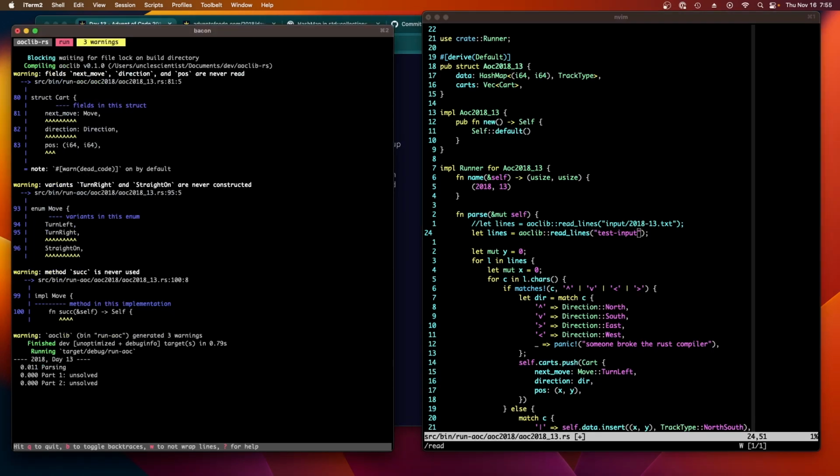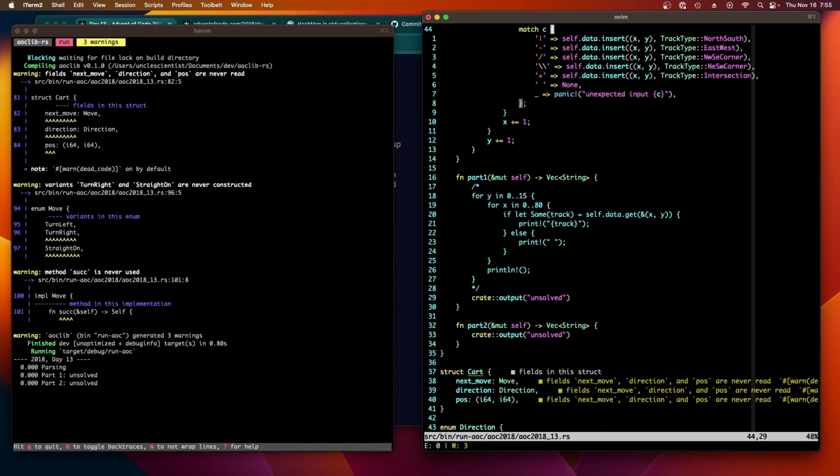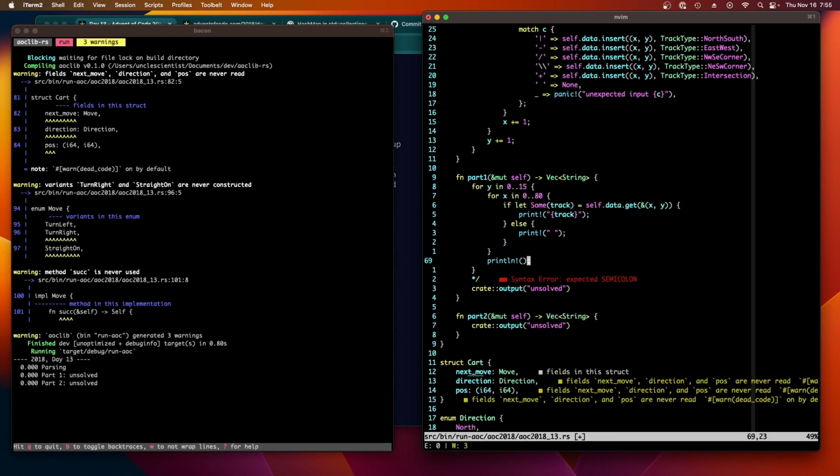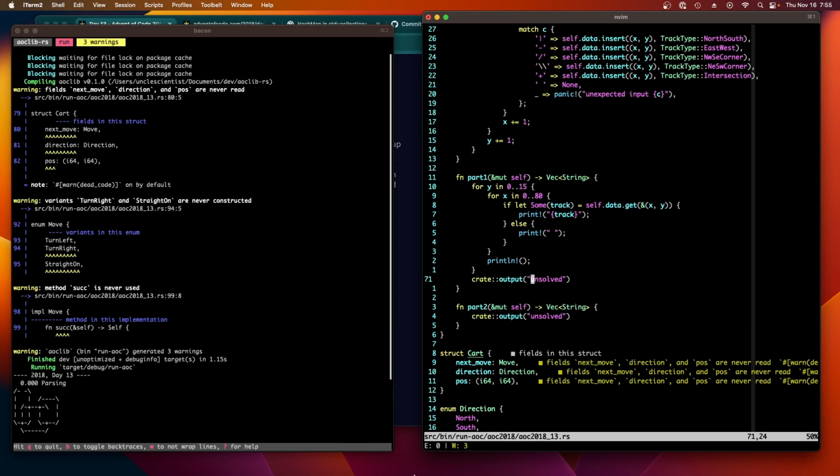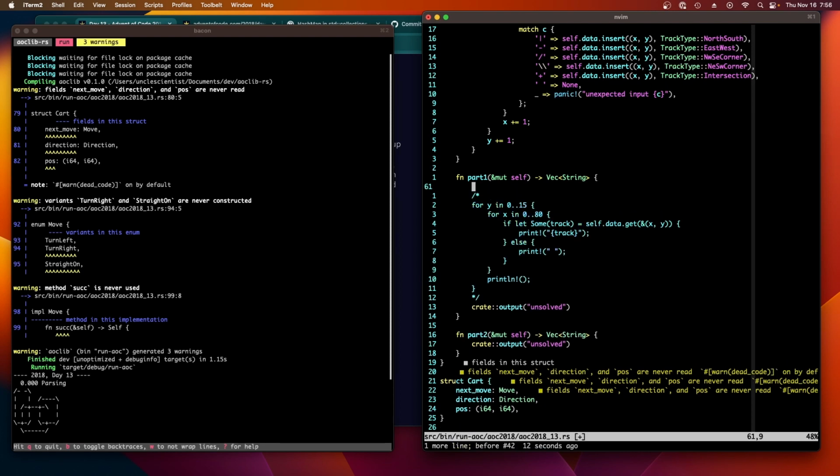And then we're going to just run it real quick just to make sure we have the test input. Oh, I commented out the code that dumps it. Here we are. Okay, so this is our test input. We don't have any of the track data yet, but we can print that out too